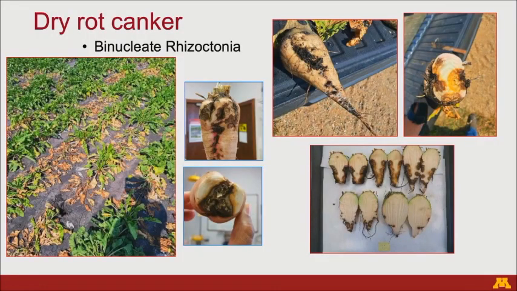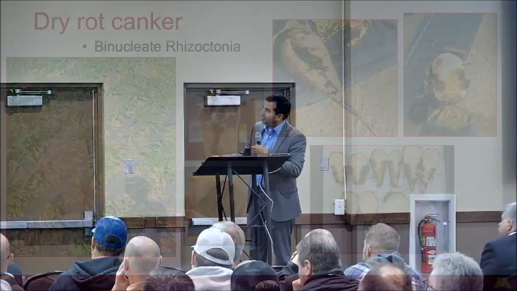So I'm just going to skip ahead because I covered some of the points, but the other rhizoctonia that we see a few times, I think in the past 9 years, it's only a couple of samples I got. This is called dry rot canker, right? This is actually one of the fields from southern Maine. It's one of the strip trials. You could see these plants dying later in the season.